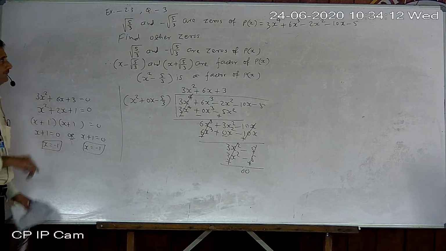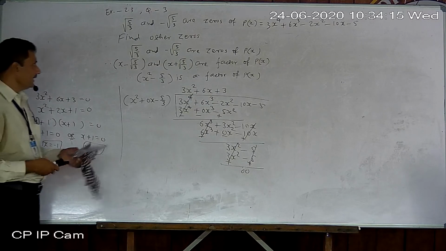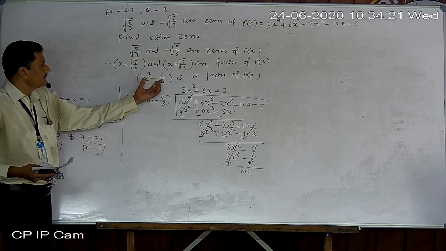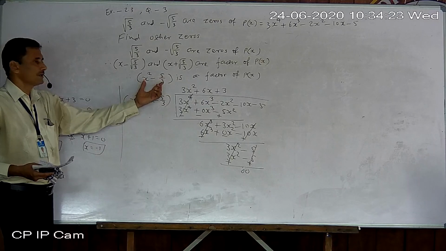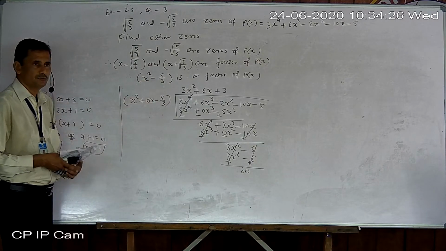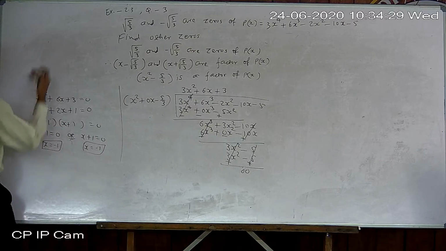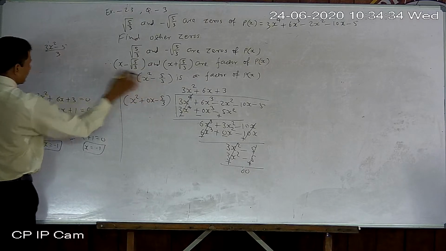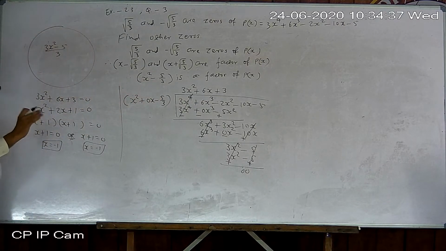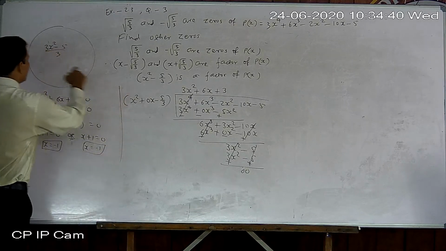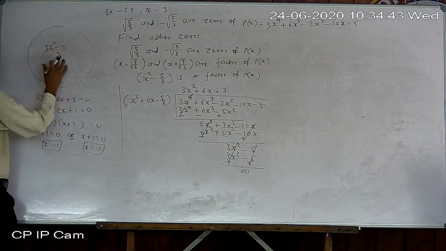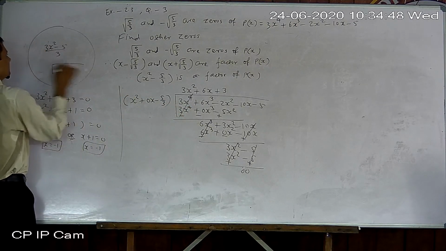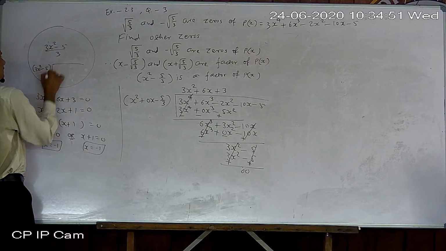Okay. Now one another way is also there I want to give at this step. If you don't want the fraction here, then you can take LCM also. If you take LCM, then it will become 3x square minus 5 upon 3. This is extra, I am talking now somewhat different. Now that 3 is not important. If you divide the given polynomial by 3x square minus 5, then also you will get the same answer.